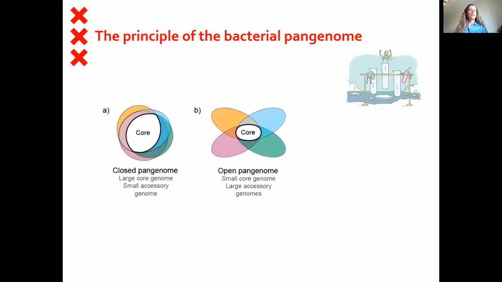In the last decade, there has been a huge increase in the number of genomes available due to advanced sequencing techniques, and this allowed genome-wide comparison studies. These studies have shown that the bacterial genome is not fixed, but rather consists of a flexible gene pool called the bacterial pangenome. And the pangenome consists of a core and an accessory genome, where the core genome is